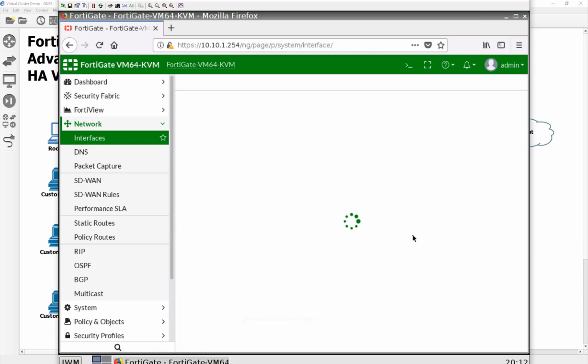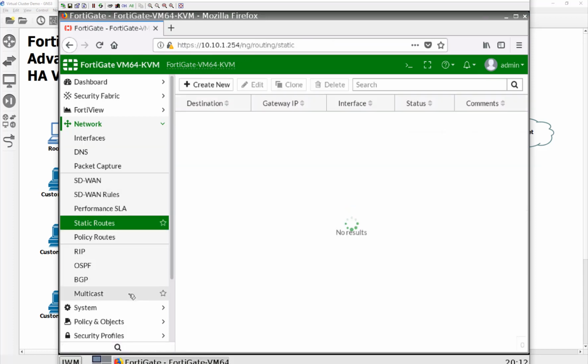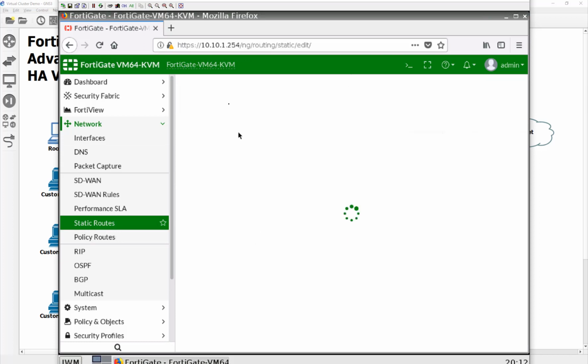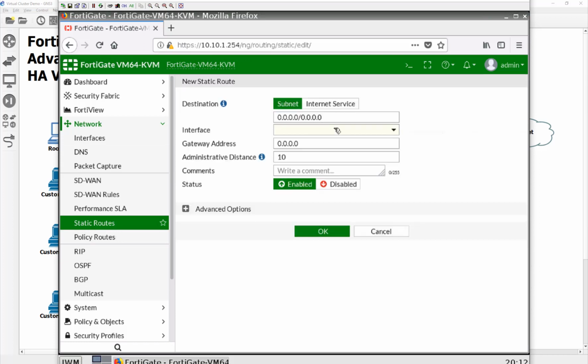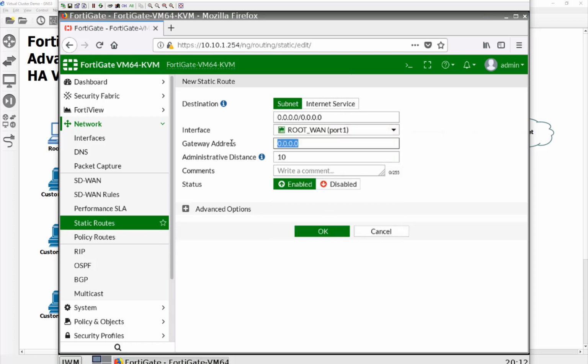So there we go. And then internet's not getting out unless we have a static default gateway. So let's go to static routes. Okay, we'll create a new one. All right, we'll say if you're trying to get to anywhere, you need to pop out of port 1 and go to